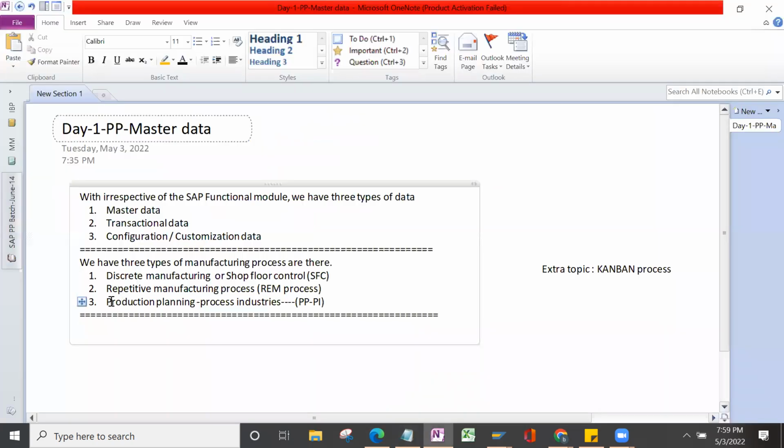So if you are working in the production planning process industries, then it will be called ingredients to make your final product. If you are working under discrete manufacturing or repetitive manufacturing, then whatever the components, whatever the list of items required to make your final product, will be called components or lower level materials. Okay. So where can we use the production planning process industries? In most of your FMCG companies,